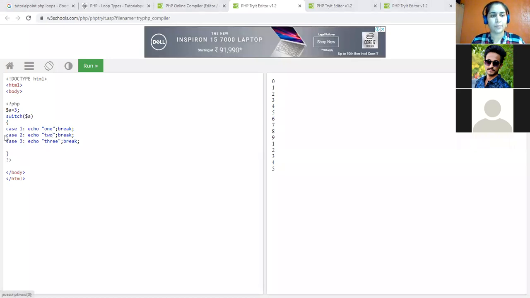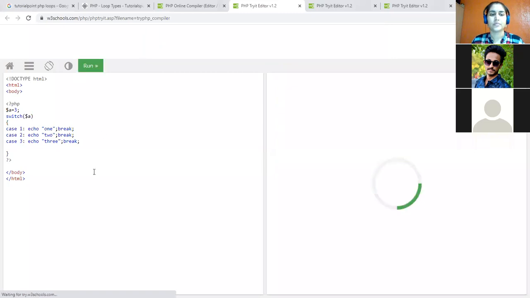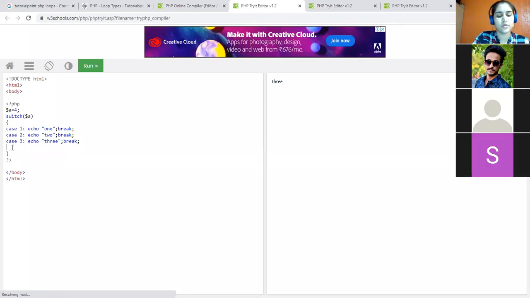Okay. So what happens over here? I assigned the value 3 to the $A variable. So it will simply go into the switch with the value 3. It will check the number of cases. It will check that 3 is present over here. So it will display me 3. Okay. So let us run this code. So 3. Okay. If no case matches, suppose I have written over here 4 and I used the default case over here, which is the by default,